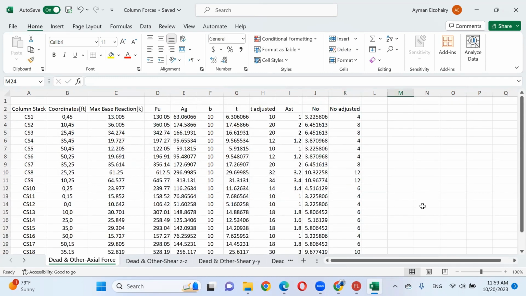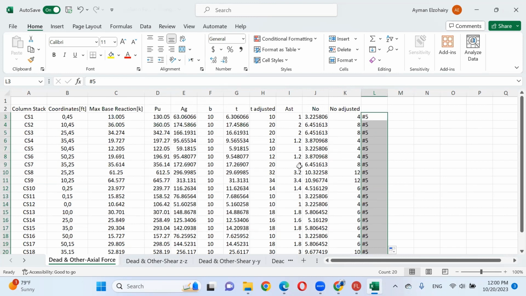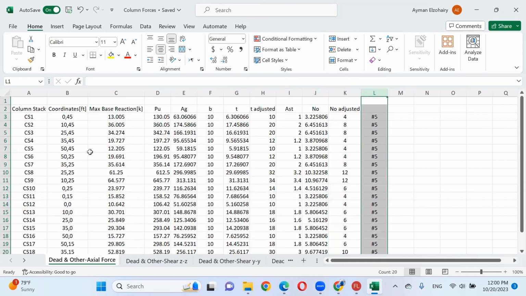So by the end, I can say, for this column, for example, CS2, where is this column?